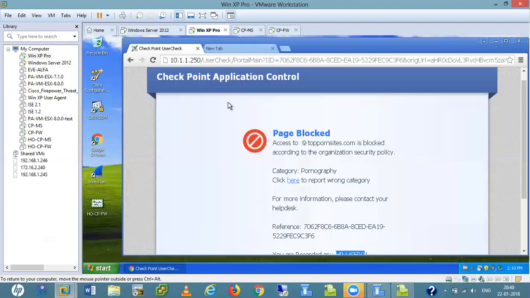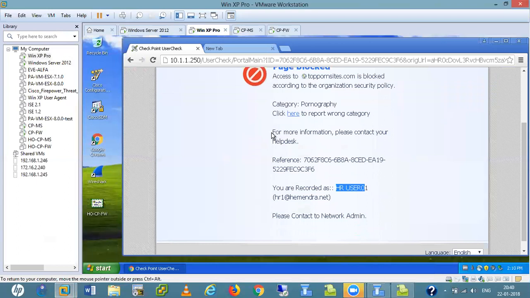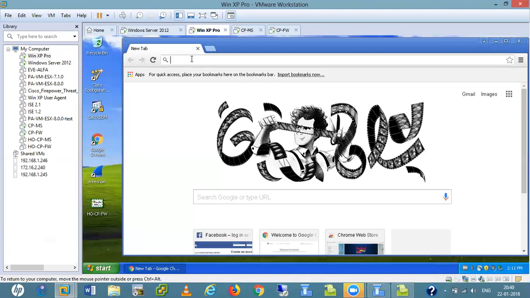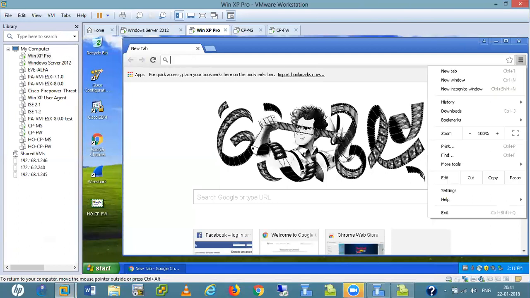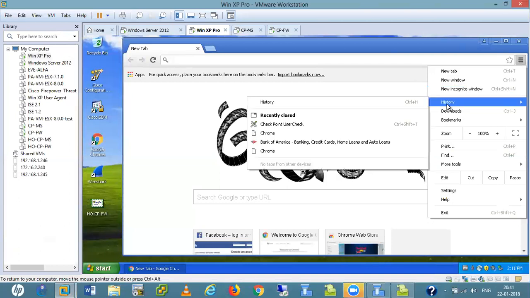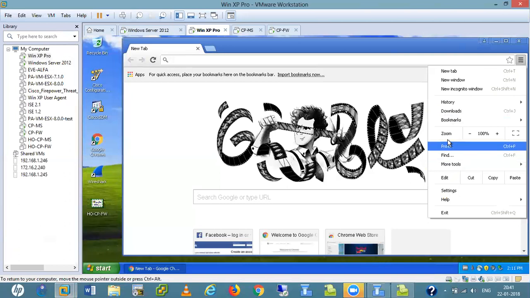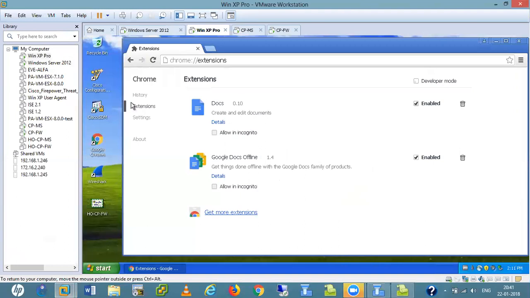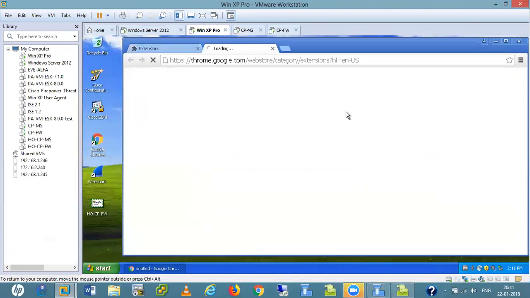In my college also the same message comes. That's why I am trying. Tell me one thing: if you enable VPN extensions in Google Chrome right now, will it work or not? Check it once. In extensions, More tools, go for extensions, go to more extensions.